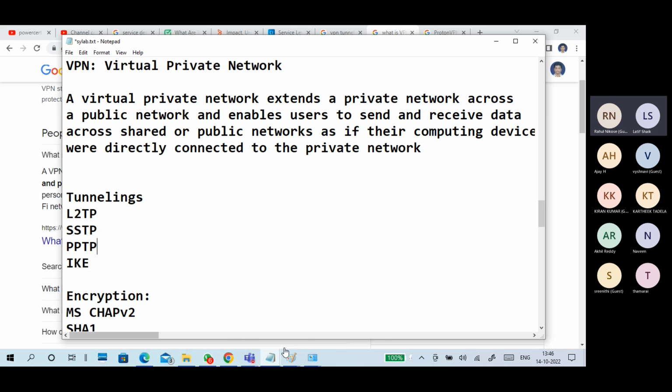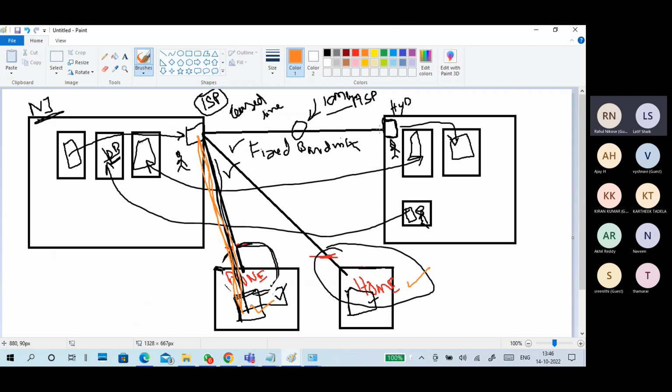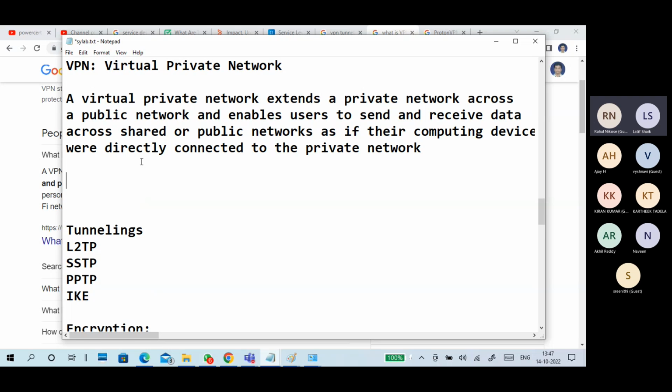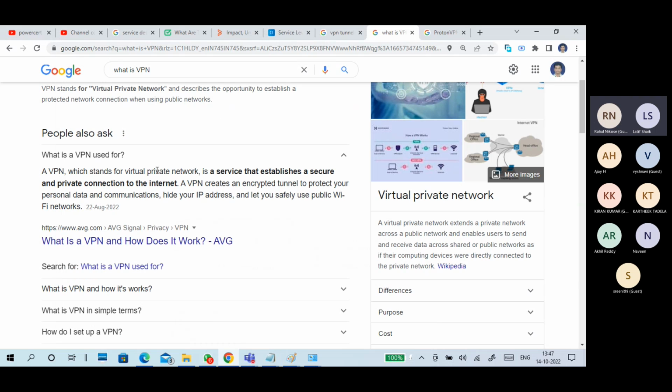Just like how a private network is connected, the same way through VPN we are able to send and receive data. So that is a very simple way of describing VPN. A virtual private network extends a private network across the public network. That's enough. So what is a VPN used for?